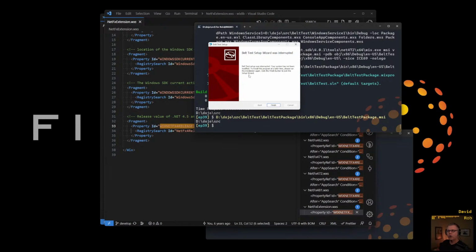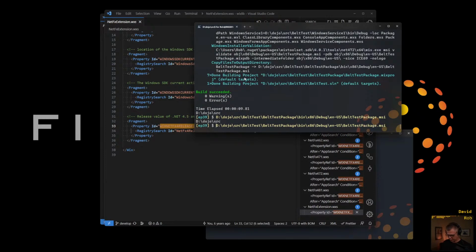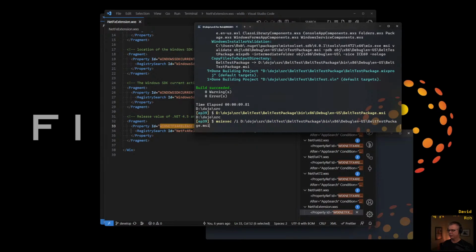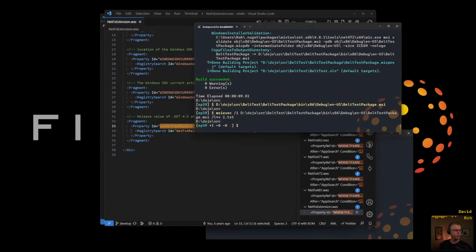All right, so I said no. I did not make any changes, okay? So this Windows installer, oh, I didn't run it. All right. Let's do it again. I need a log file this time. Okay. Yep. msiexec, switch i. Let's just path the whole thing. L star V, because we want a useful log file, i.txt. We're running this on my local machine again. Okay. Right. I'm going to do this.